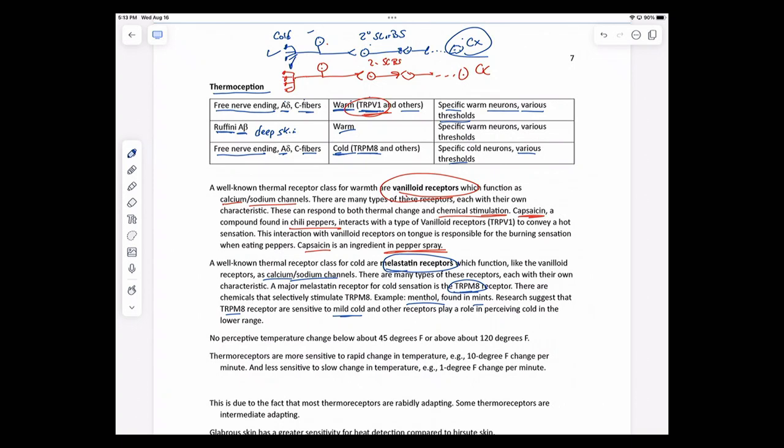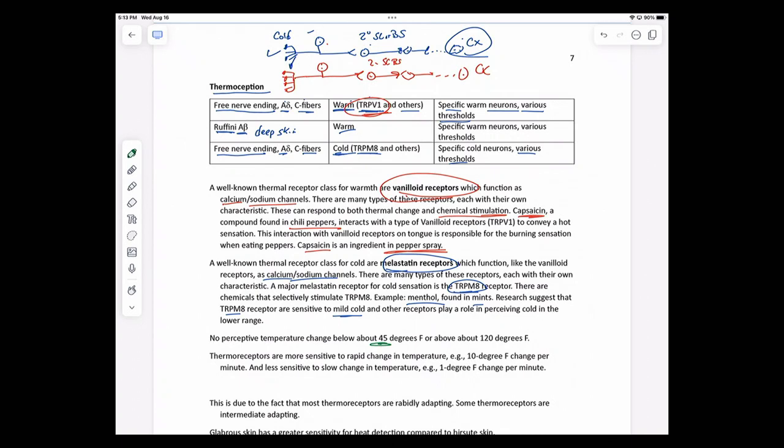Other kind of cool, interesting things about thermoreceptors is that we have rather limited ability to detect temperature change. So if I were to have you grab, say, a metal bar, and if I were able to control the temperature of that metal bar, and maybe the metal bar was, say, 65 degrees, you would perceive that as kind of coolness. And then if I were to lower it to, say, 60 degrees, you would feel that it was more cold, 55, more cold, all the way down to 45 degrees. But once I get too much below 45 degrees, you lose the ability to distinguish cold.